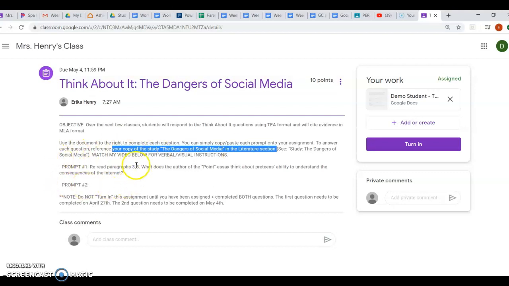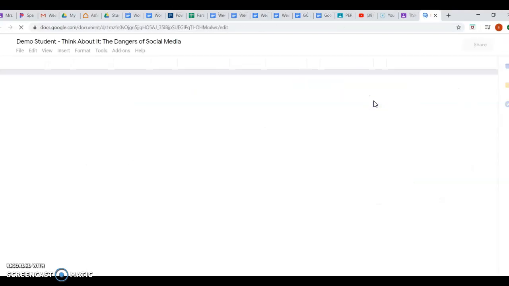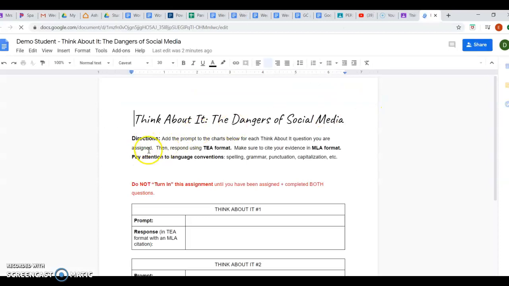So here's our first prompt, but let's open the assignment first. Click on the assignment, off to the right over here. And once it's open, we can see the instructions are right here. These are very similar to what I read to you just now within the assignment itself.